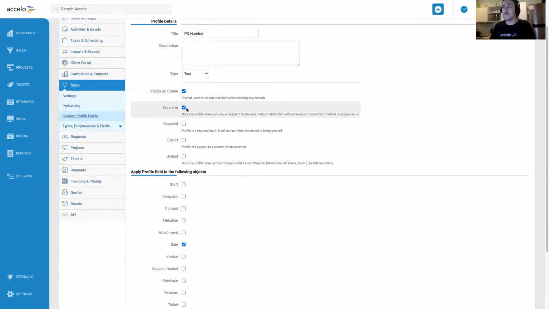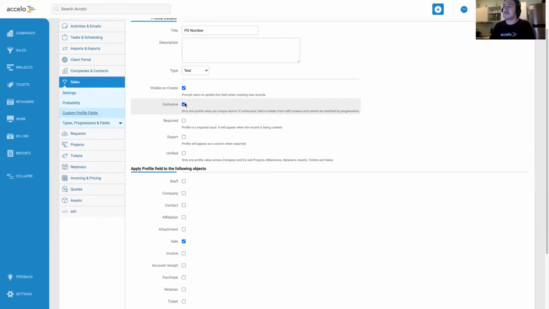Now, we also want this field to be exclusive. This means that whenever you set this PO number on a sale, only one entry can be added for the PO number. Some custom profile fields or custom fields, you can have multiple entries. In this case, exclusive means that it can only be the one. And that makes sense for our sale and our project and our invoice. We only want one PO number flowing through the entire workflow. This does also mean that you can edit it as well. So you can edit the PO number once the sale has been created,